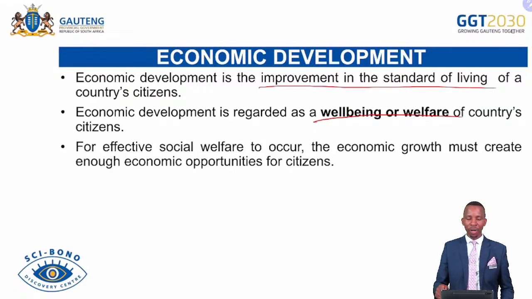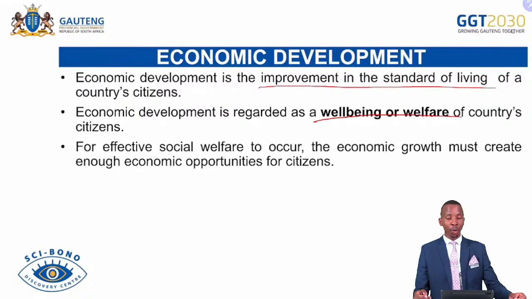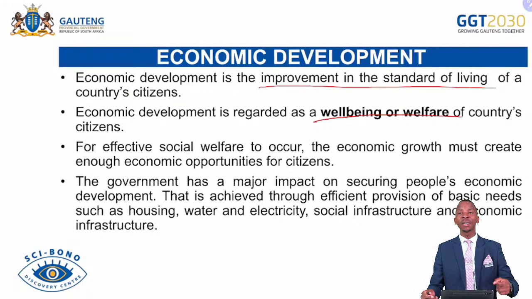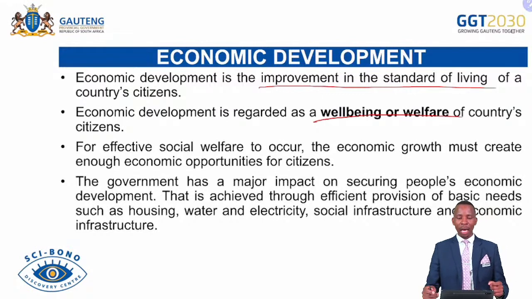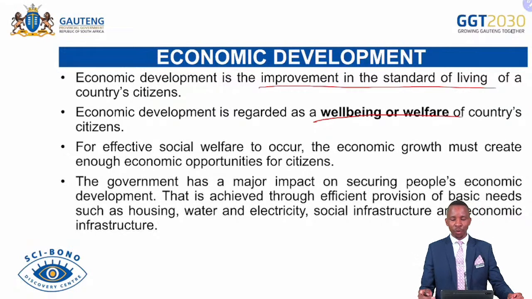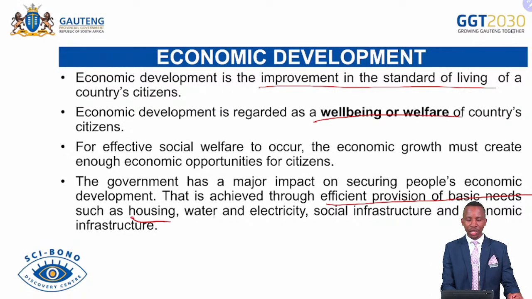For effective social welfare to occur, the economic growth must create enough opportunities or employment opportunities for citizens. So people should access those opportunities being made available because of the economic growth. Then we can say there is economic development. So the government has a major impact on securing people's economic development. That is achieved through efficient provision of basic needs, like I said before, such as housing, water supply, electricity, social